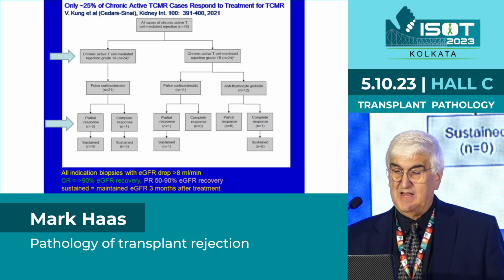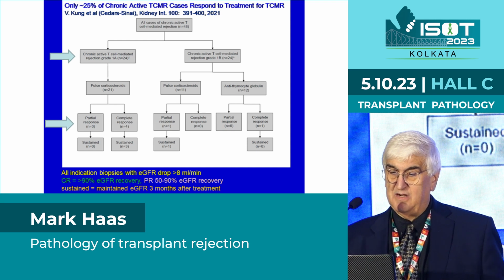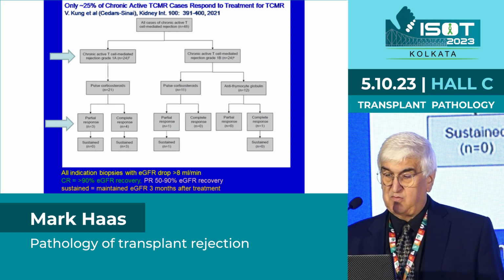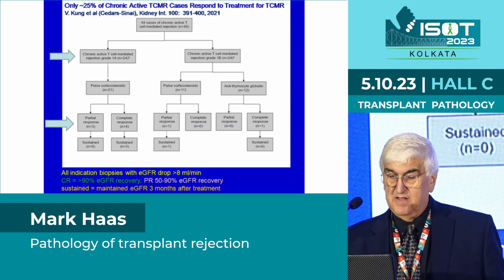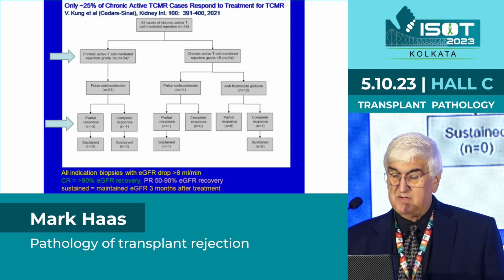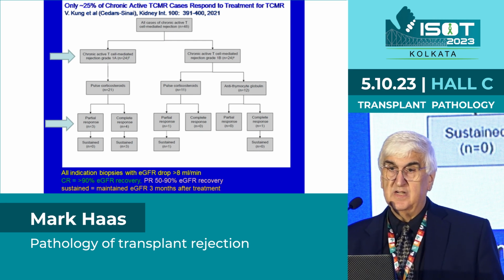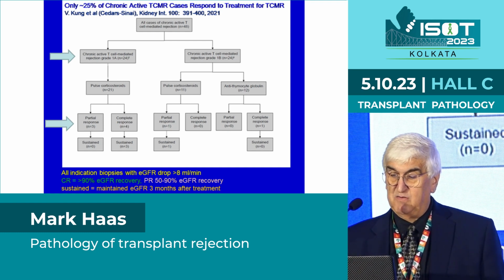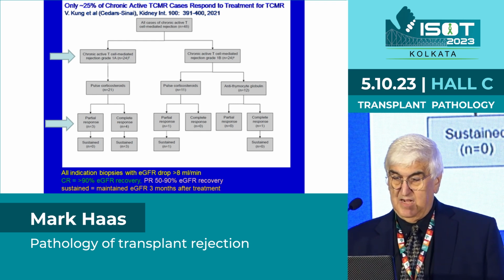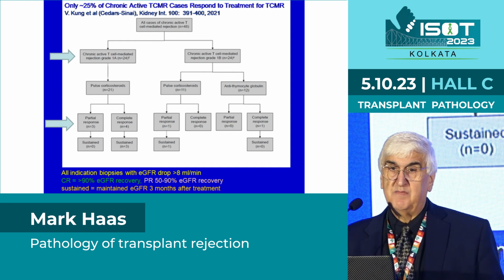This was a study that Dr. Wong and Ed Wong had done at our center, published in 2021, where 48 cases were studied with chronic active T-cell mediated rejection 1A or 1B, and we can see that only about 25% of these cases actually responded to treatment for cell-mediated rejection, steroids and/or anti-thymocyte globulin. The response was somewhat better with grade 1A than grade 1B, but overall, as I said, about 25%